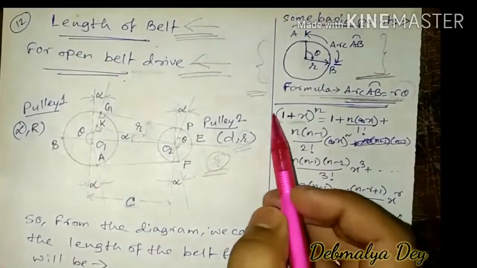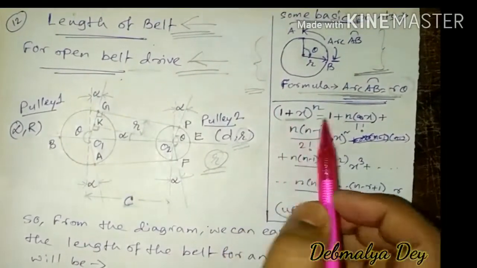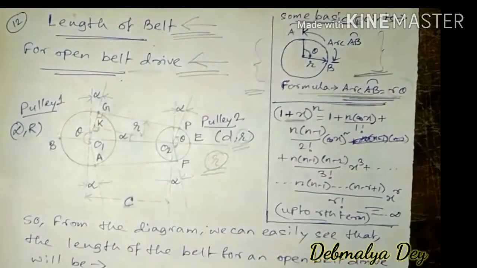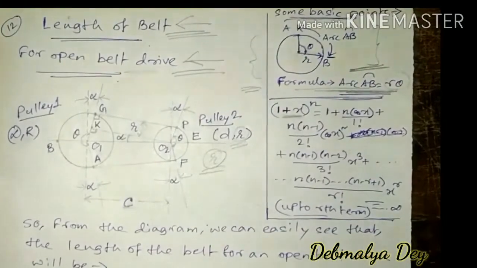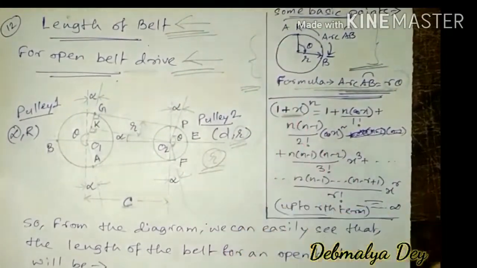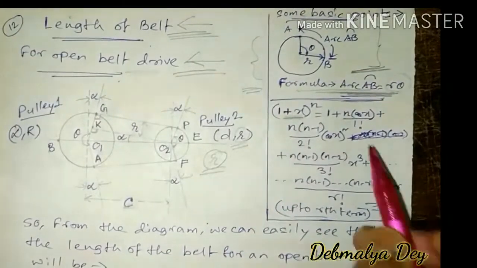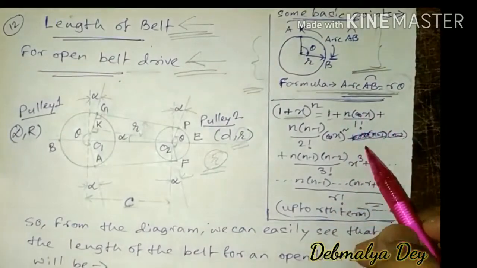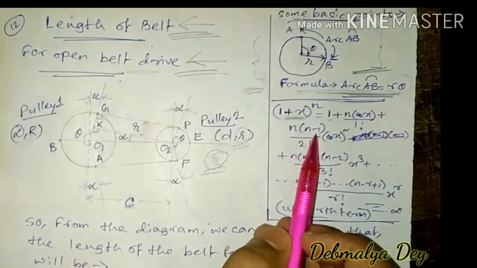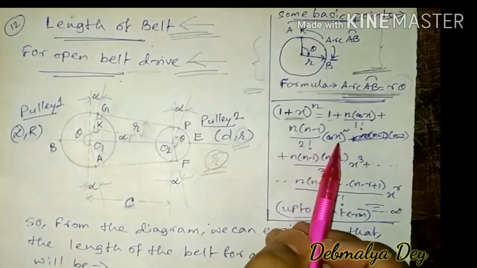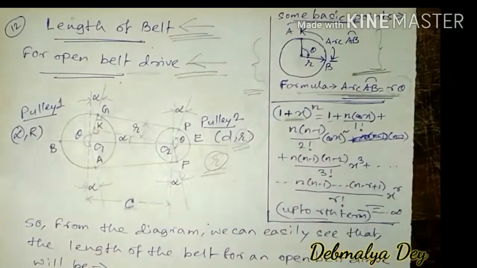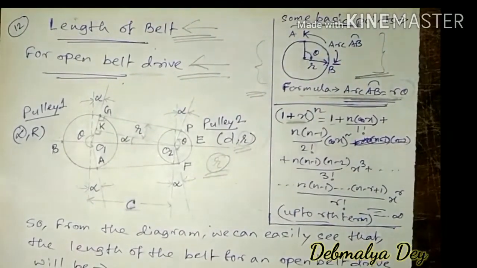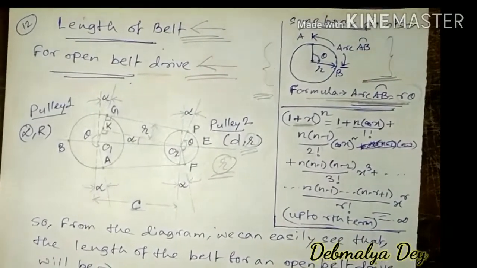We will be needing this during the derivation. Now we need to know another basic thing, that is the formula for (1 plus x) to the power n. There was a formula in the chapter binomial theorem or infinite series which we have read in basic mathematics. What does this formula say? (1 plus x) to the power n equals 1, the first term, plus the second term n into x by 1 factorial, plus the third term n into (n minus 1) by 2 factorial into x square. In this way the series will continue up to infinity because this is from infinite series. We will be needing this formula during the derivation. Now let's move on to the derivation.